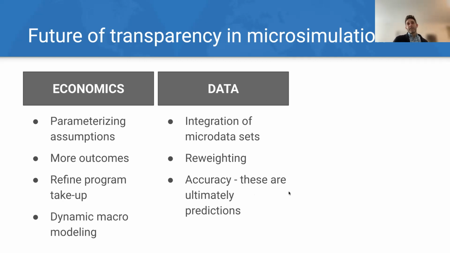And then things like accuracy. Ultimately, microsimulation models are predictive models. So could we do uncertainty modeling and backtesting? And this is kind of typically out of the scope of a lot of these models, but it shouldn't be. So I'm really excited by the developments in forecasting platforms, prediction platforms like Metaculus and Manifold Markets. So maybe there's some way to hook in some of these predictive models based on policy reforms into those.